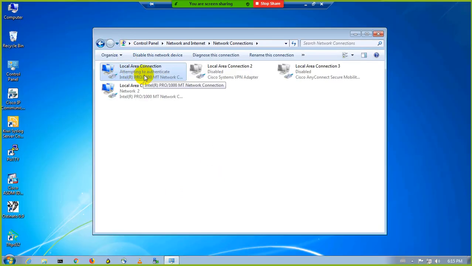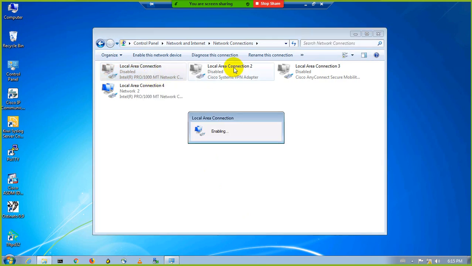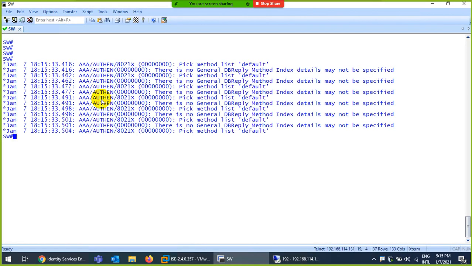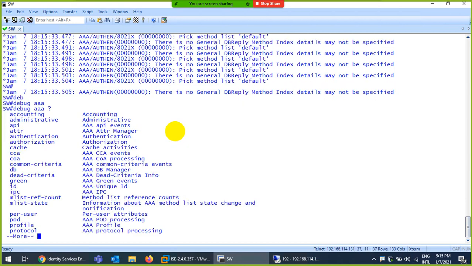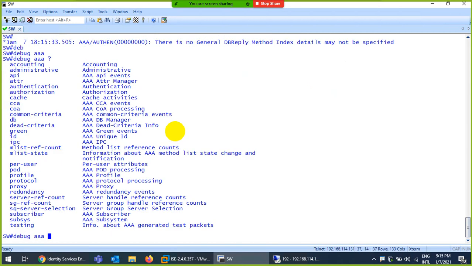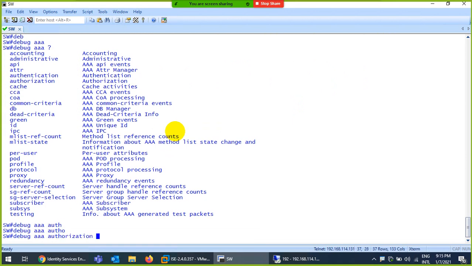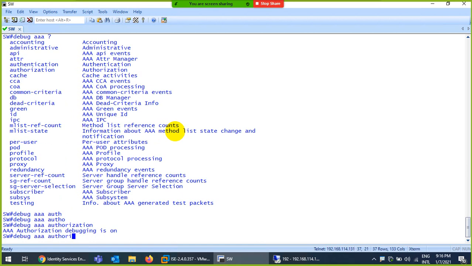This time the username is correct but the password is wrong. So just to show you what will happen, they say okay, we say no journal. Why are they not showing me detail? There is another command, debug AAA, all the things which I need, authorization and accounting as well.